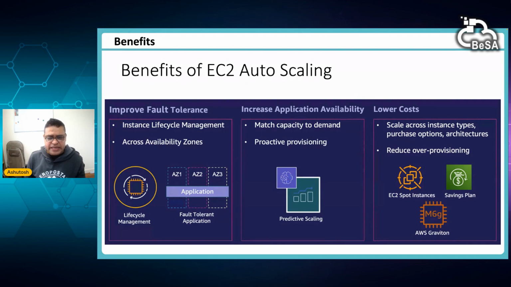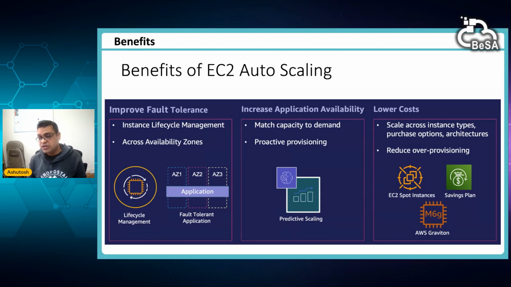So now quickly, why do we really need it? It makes it easy to auto scale. It increases the fault tolerance, because you want to make sure that you have your application available, and if some instances fail for some reason, say it is an HTTP based application and the HTTP daemon failed, or some services crashed, or there's a memory leak, then the system should automatically be able to replace that instance, and you want a good customer experience, right? So it provides the fault tolerance.